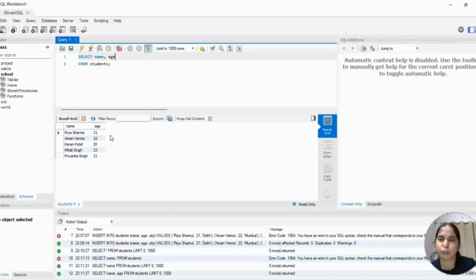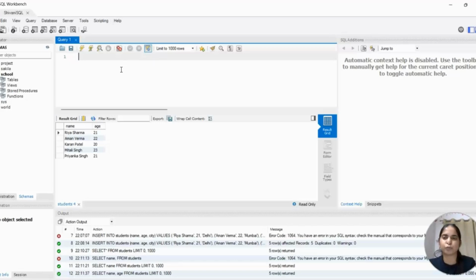And now we are going to do a delete command. Okay, now we will see how the delete command works. So let's delete some records.